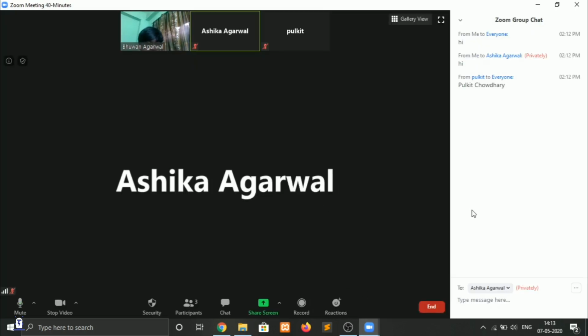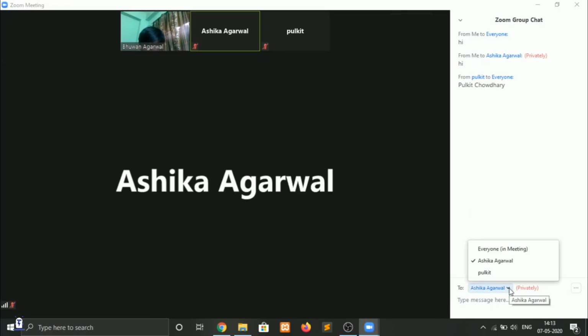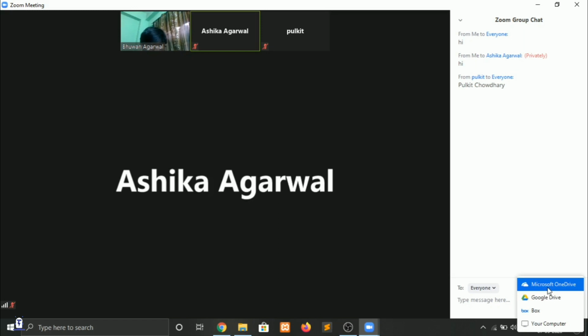Now here I will keep everyone, and when I click on the everyone option, you can see the option of a file. Using this option I can send a file to everyone. Now when I click on it, I'm getting 4 options. I will click on your computer.